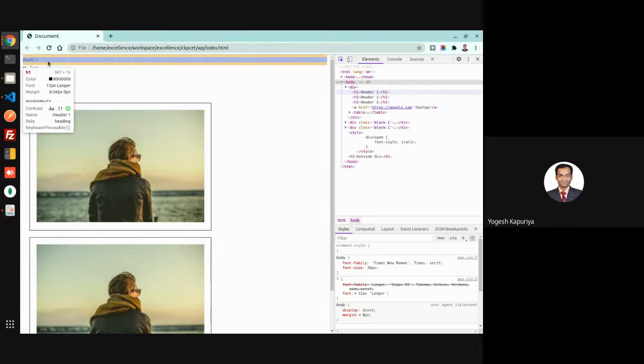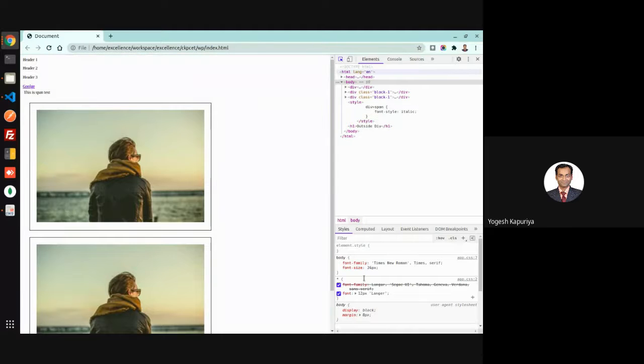The reason for that is the default display type of H1 is block.